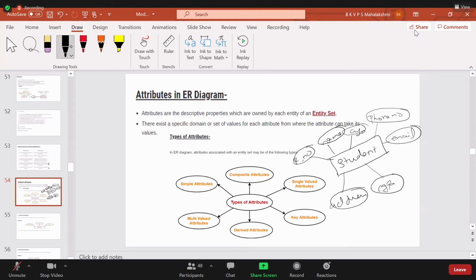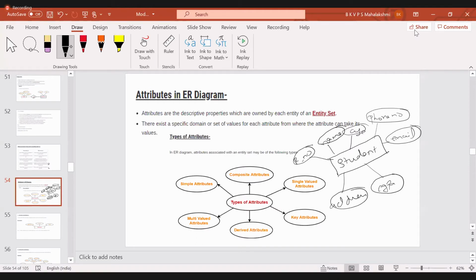Among all these attributes, which attribute is important? Roll number and name? Why do you always say the name is the important one? If you know the name of somebody, with that existing name, maybe some others also have the same name, right? Some other people also have the same name. As a clue I will give you: if any attribute has redundant values, then you cannot say that one is so important.